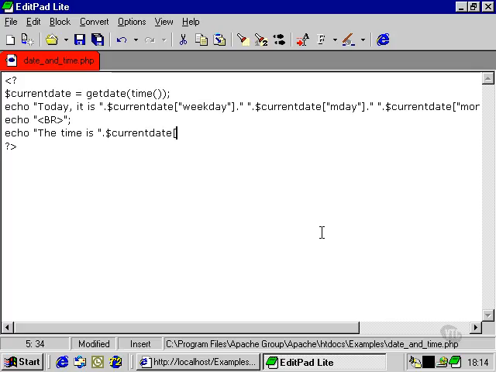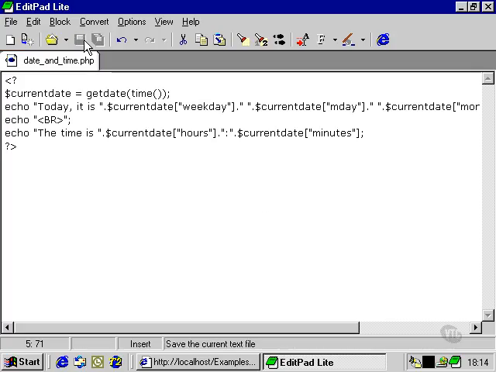We also access that from our current date variable that we've created. If we take a look at this in our browser,